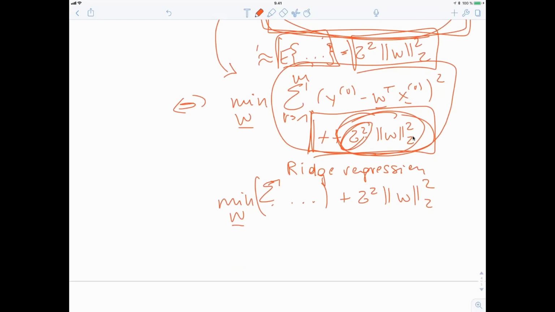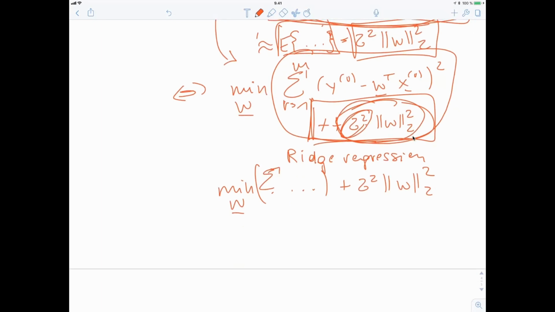Who of you took a course on optimization or convex optimization? Okay, so this might be something new for many of you, or maybe just a refresher. This could be interpreted as a Lagrangian term for a constraint. So this is equivalent to minimizing